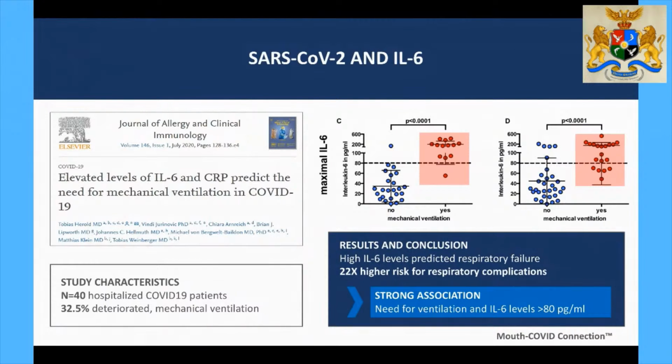In the article, look at the word. The title of the article is Elevated Levels of IL-6 and CRP Predict. Not associated, not cause, not correlation. It's a predictor. And it's a 22 times higher chance. And I don't know what your math level is, but 22 times means there's over 2,000% higher chance of respiratory complications. And by respiratory complications, I mean a machine breathing for